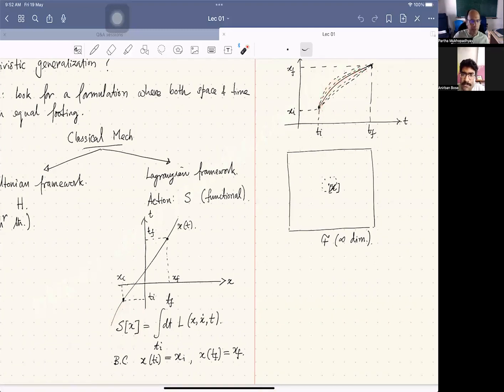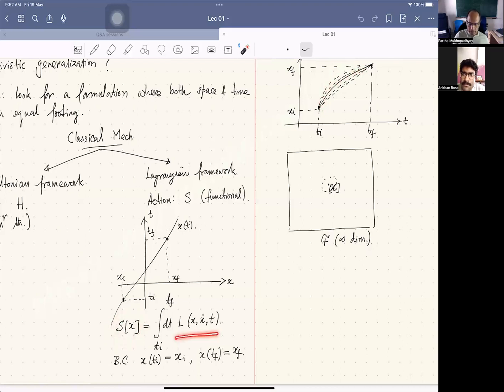It will give another function. So you pick every function and calculate the corresponding value of action. This is how the procedure goes, right? So action can be calculated for any moderately reasonable path, like